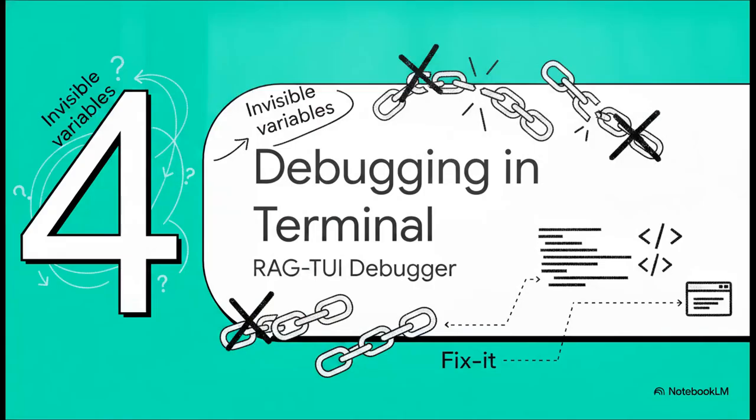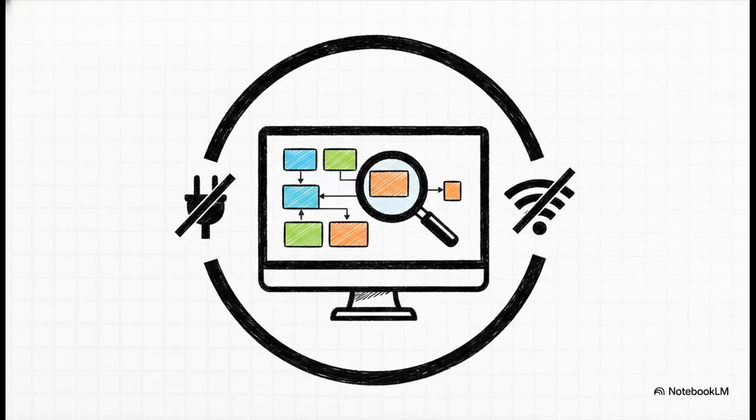Section 4. Debugging in the terminal. Knowing that all these invisible variables, the method, the size, the embedding pairing, can completely ruin your RAG system, how do we actually fix them without ever leaving our coding environment? Enter RAGTY. This is the ultimate developer weapon. It brings all that invisible code right to the forefront of your screen so you can literally watch your chunks form in real time. It's a terminal-native tool that lets you visually debug your chunking pipeline completely offline, meaning your highly sensitive enterprise documents never ever have to leave your machine.